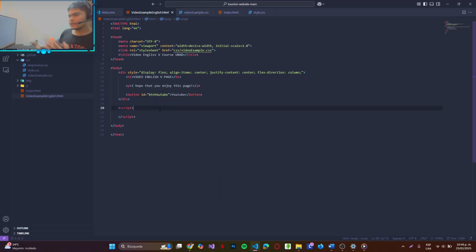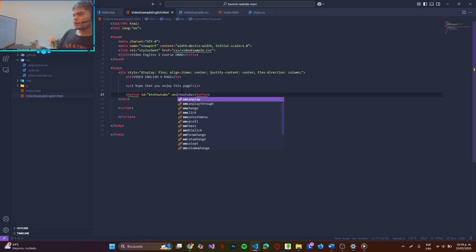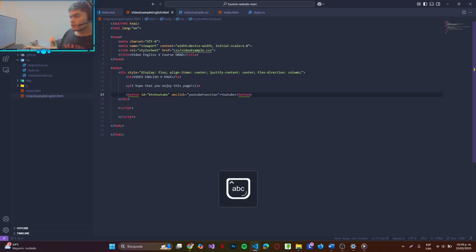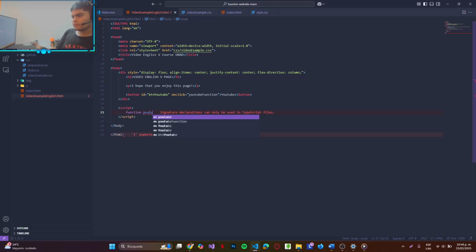Yeah, it's a basic example. And in the script I need to add the functionality, and it's important to add the function on click, and it's going to be the YouTube function. Okay, now we can set the function, YouTube function,